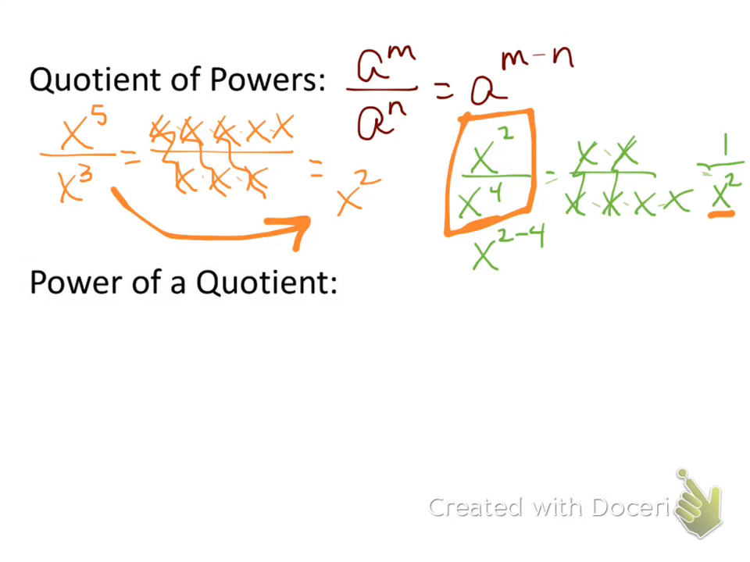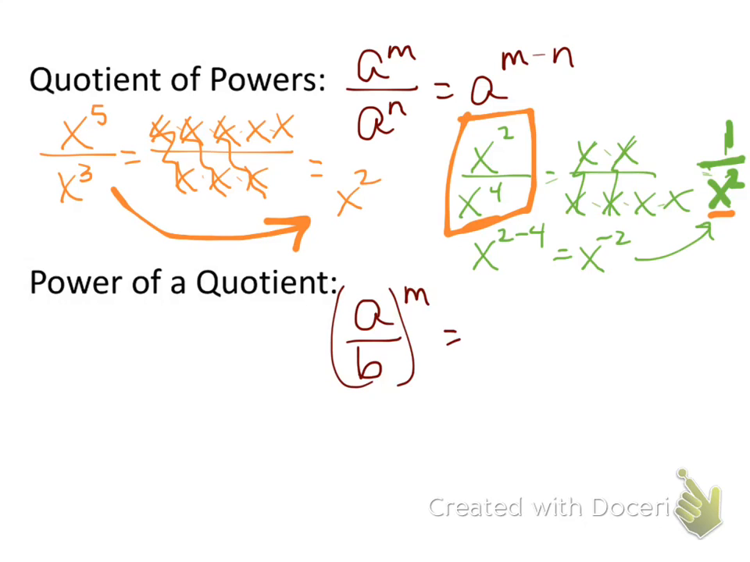This would be the same as subtracting my exponents. You would end up with x to the negative 2, which then we need to write as 1 over x squared using our properties of negative exponents. And finally,